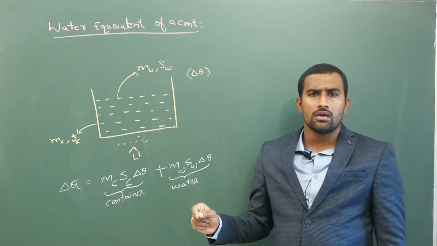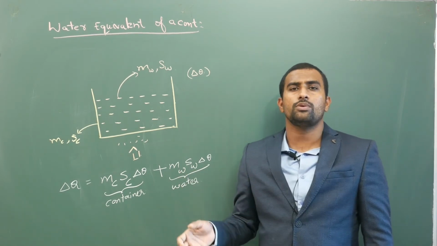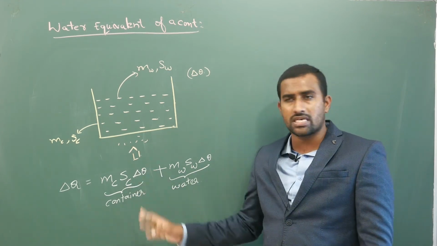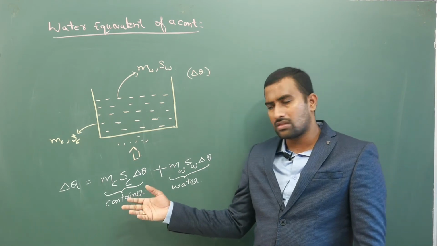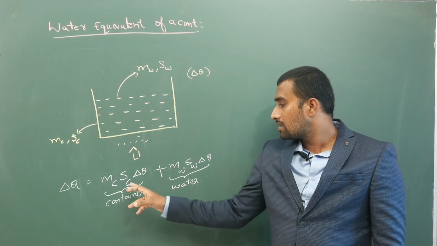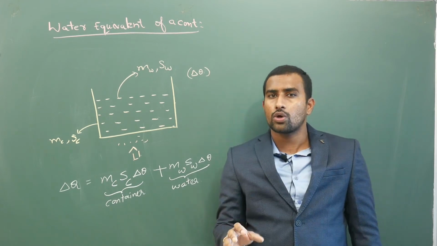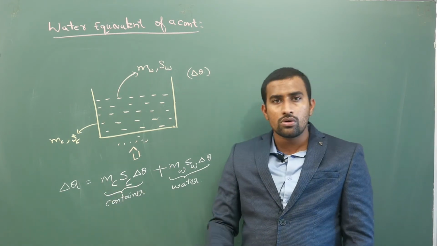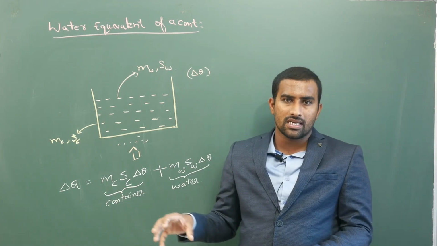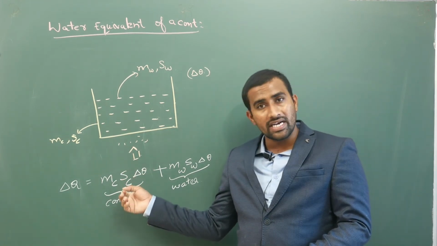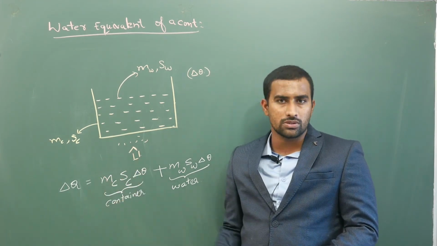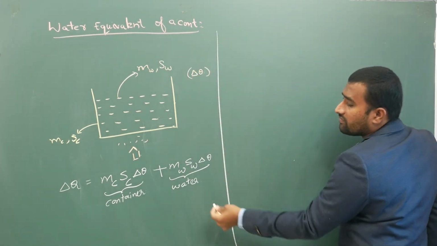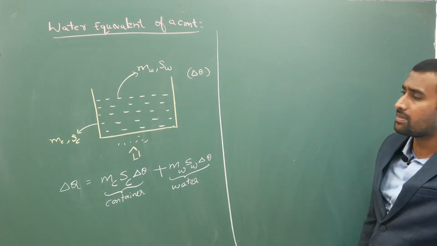If you know the specific heat of the container, you can substitute it, and it will not be a problem. But as you keep using materials in labs, the specific heat of that alloy could change because of rust or something. Neglecting that, if the specific heat of the container is not known to you, then you have to do a calorimetry experiment, calculate the specific heat of the container, and then substitute it in the calculation. Every time, it is not possible to calculate the specific heat of the container separately.